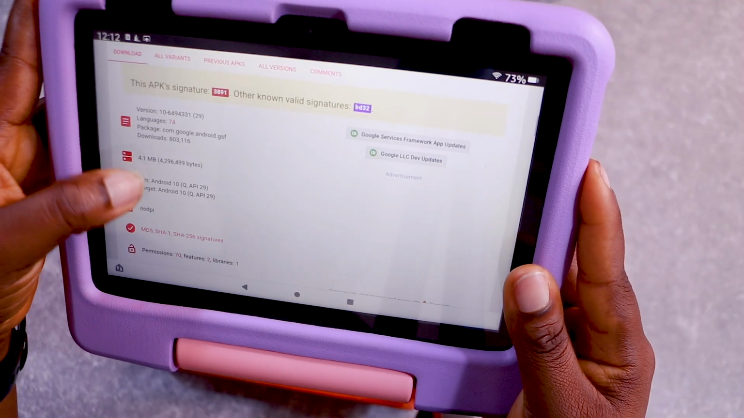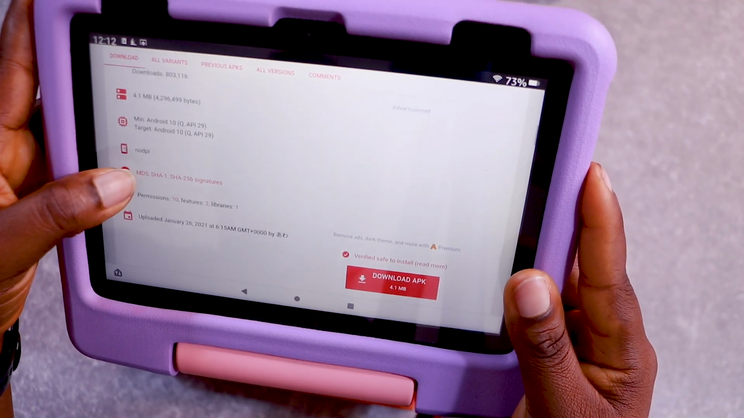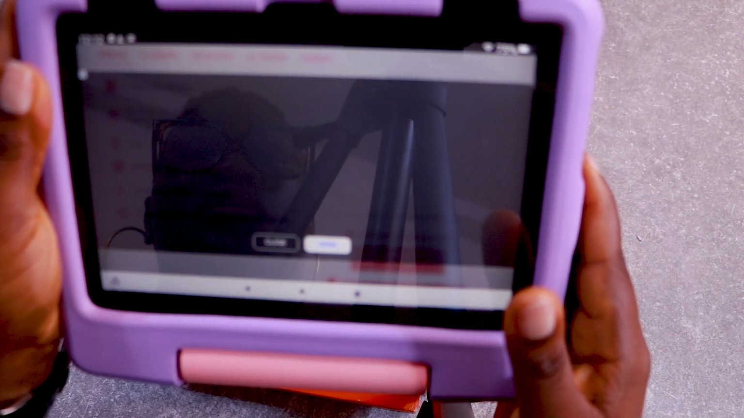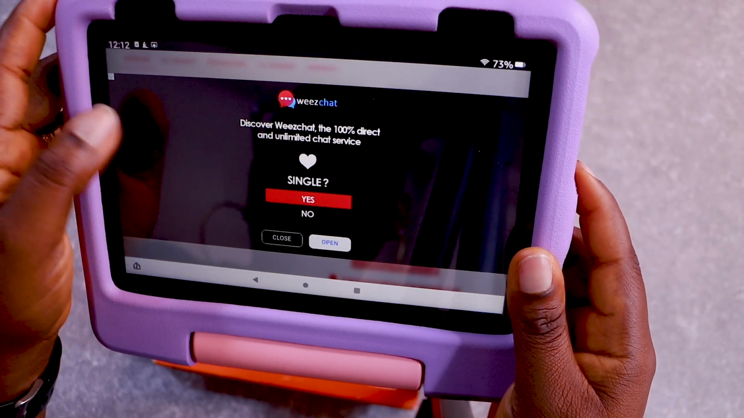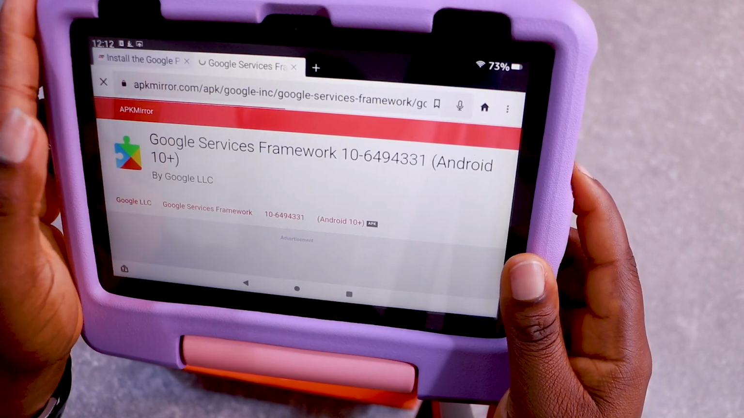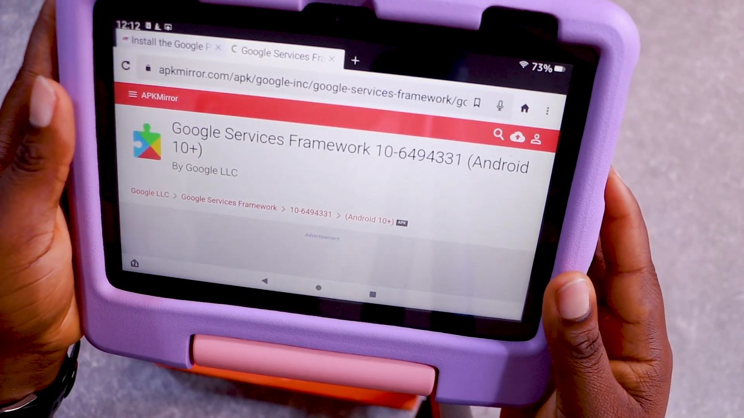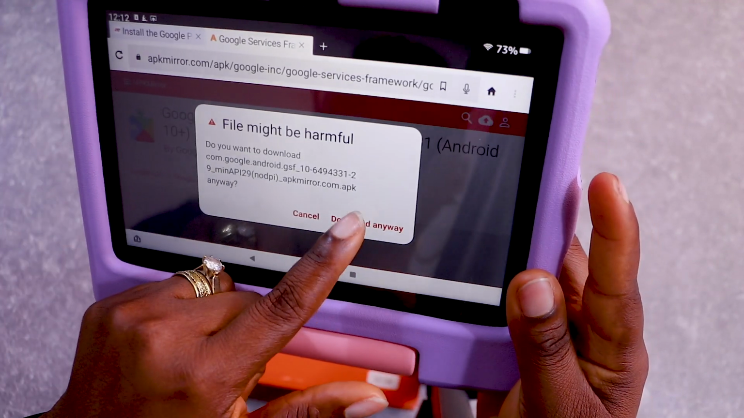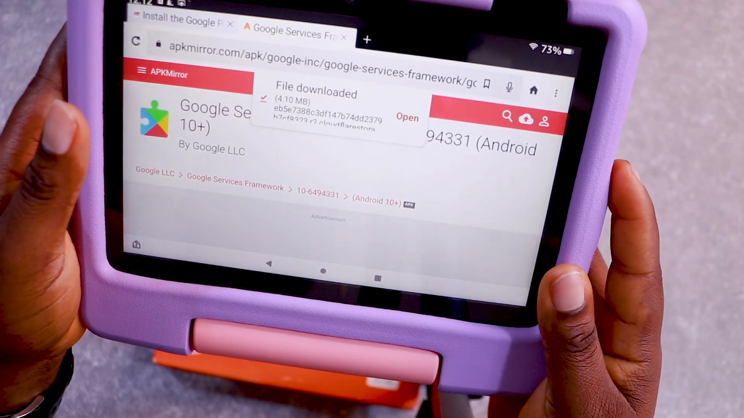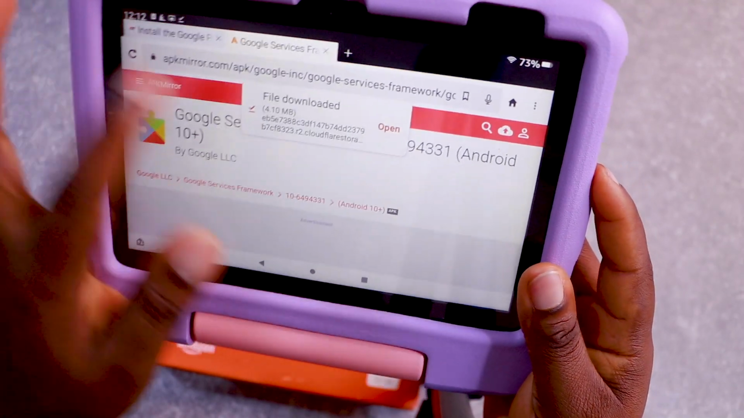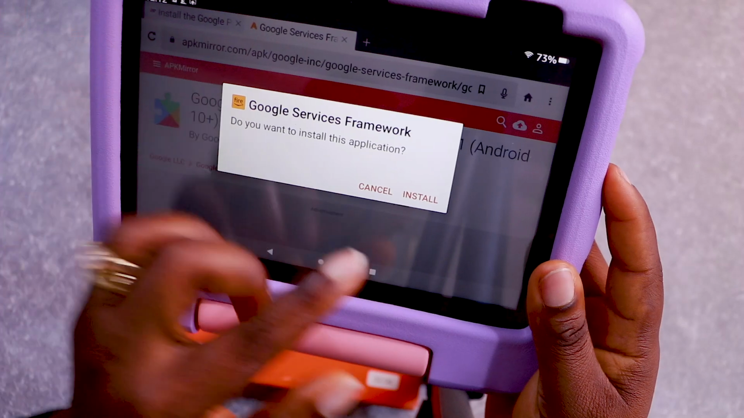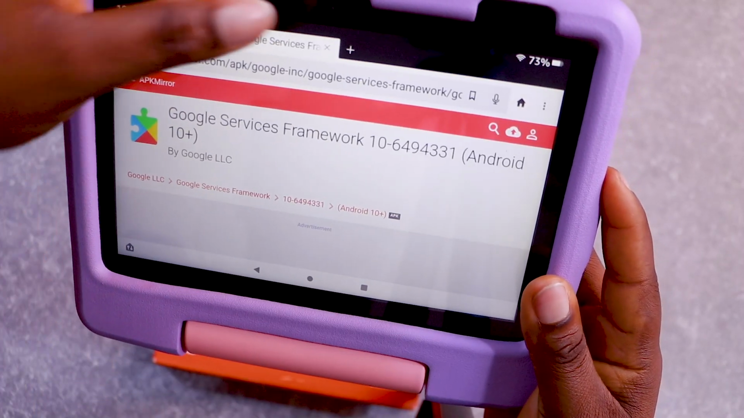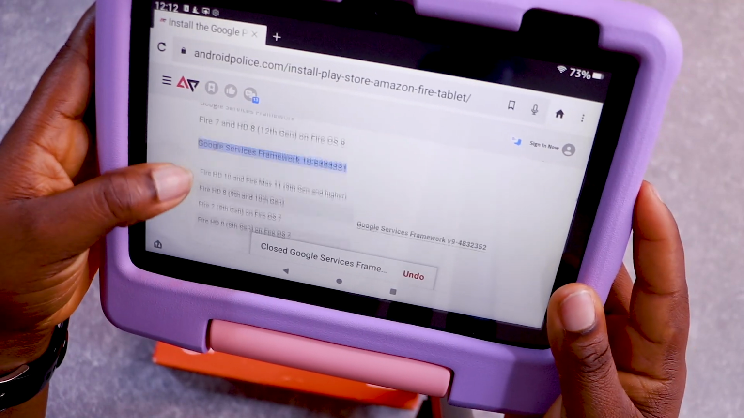Scroll down, and then you see Download APK. Click on it. This is an ad. Close. Allow it to download anyway. Open, install, done. So we go back and then we download the